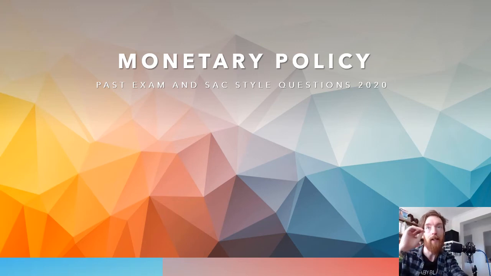So what I've done is thrown together three VCAA multiple choice questions just to show that they're all incredibly similar in how they're asked, which is probably a good thing for you guys. And then I've got three SAC style questions from the monetary policy SAC that I did this year with my students. We'll go through where the marks are allocated for those, why I asked those questions and why I think they're important, and look at some sample answers about how to structure answers for those. So we'll start off with some general tips.